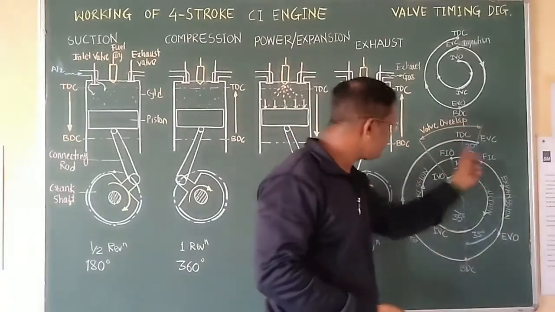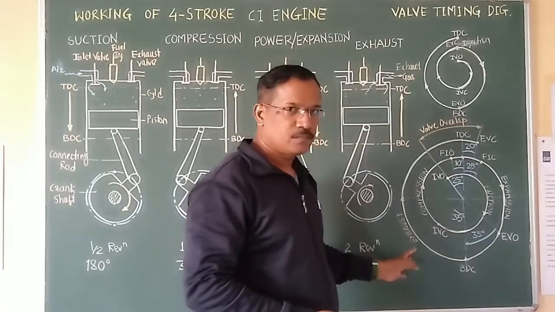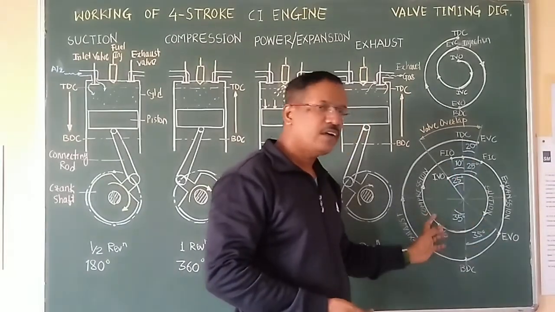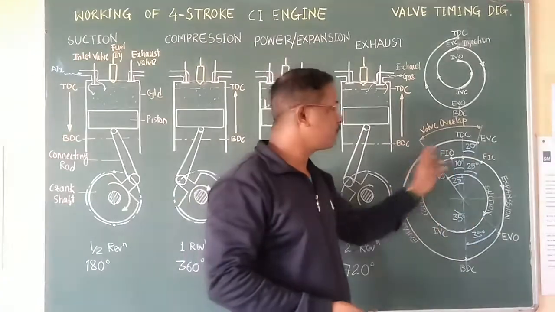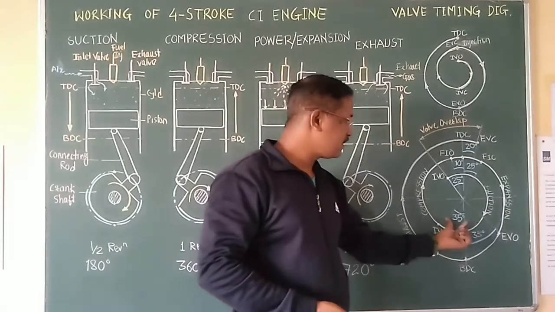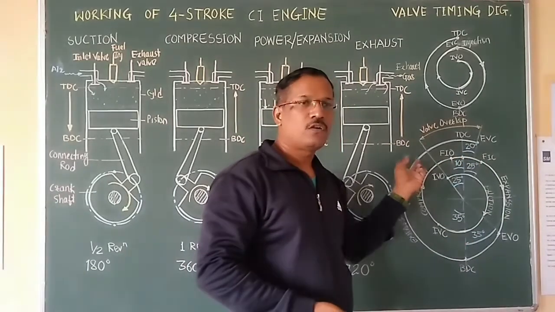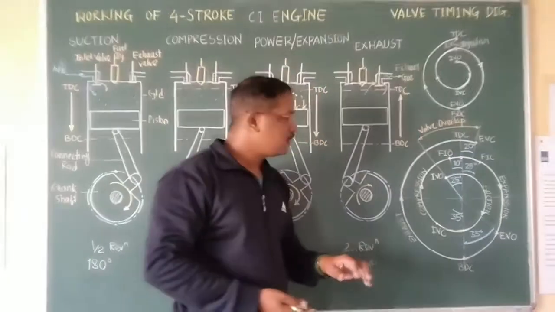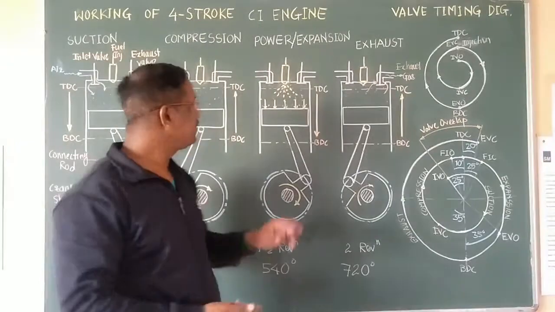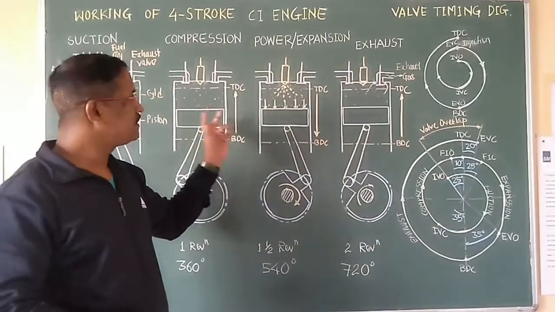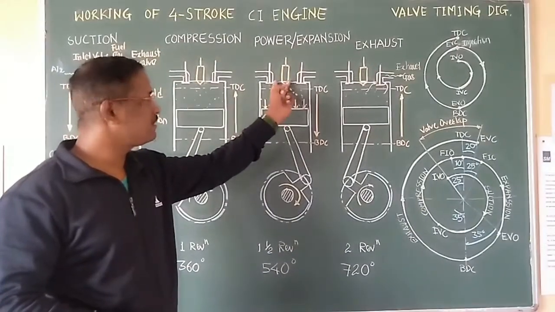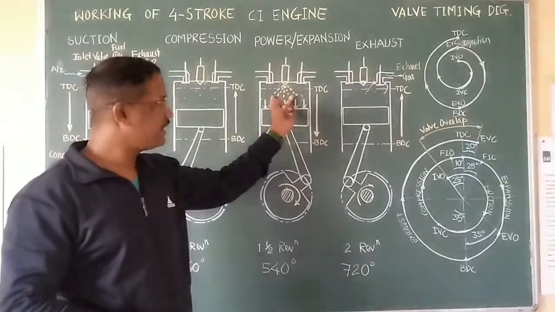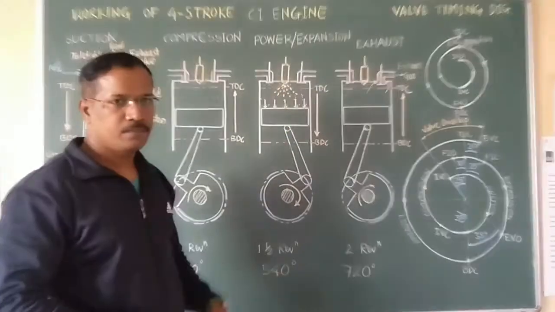So this is the valve timing diagram for a CI engine, and as I said, these degrees vary as per the speed, but most probably we use these degrees 35, 25, 10 for a low speed CI engine. Hopefully this clears the idea. The diagram is similar to the SI engine, just we have to replace the spark plug with a fuel injector here, and we have to show the fuel spray in the power stroke only.